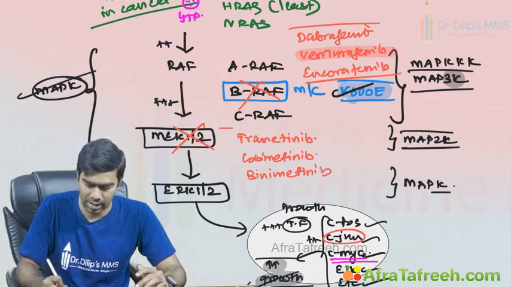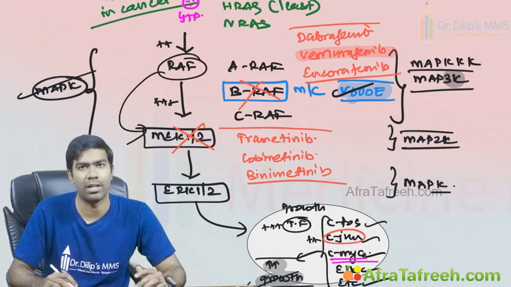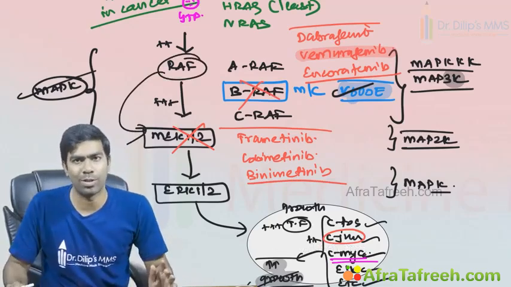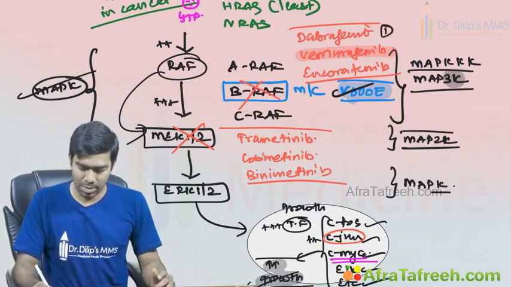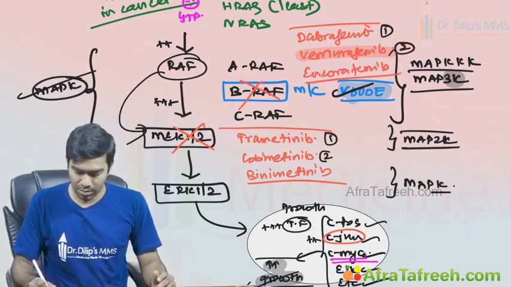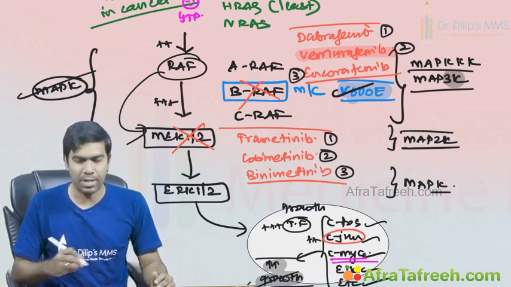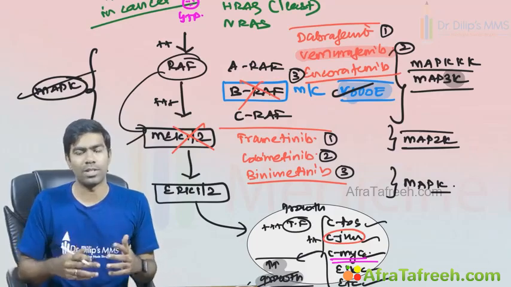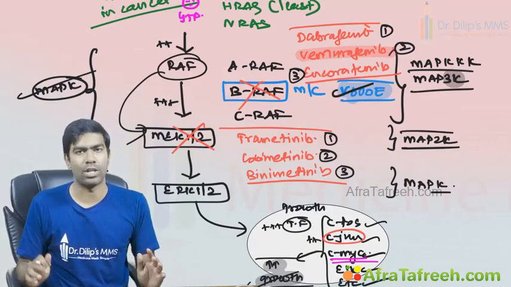So these are the classic MEK inhibitors, and since RAF is going to activate MEK, MEK inhibitors are also used for melanomas only. So what are the combinations you can use? Dabrafenib with trametinib, vemurafenib with cobimetinib, and encorafenib with binimetinib. These are the combinations used for advanced stages of melanoma, not for the initial stage. Refractory melanomas, you can use these combinations.